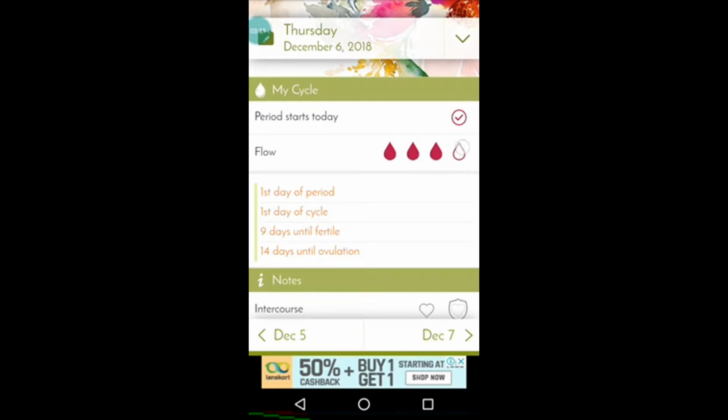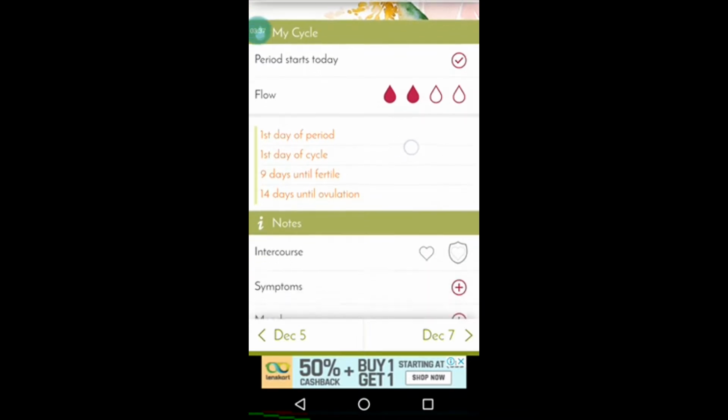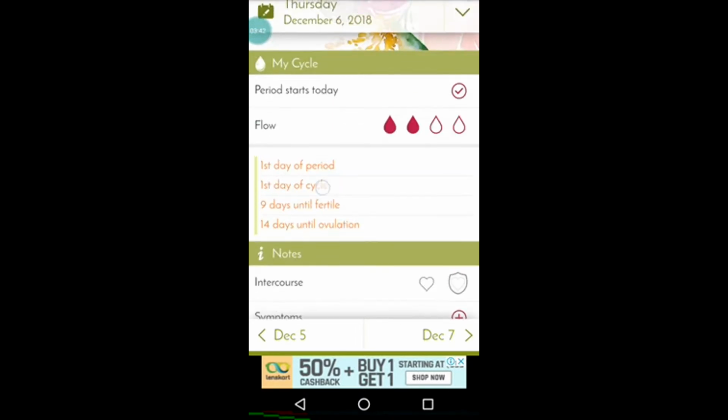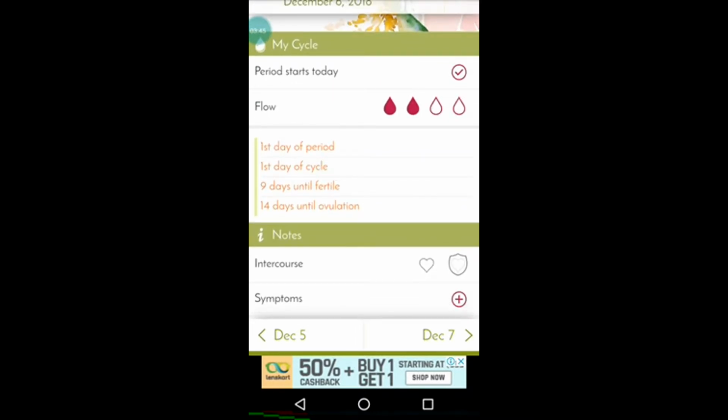It will be very useful to keep track of your flow, whether it is always normal and regular, or it is varying from time to time. So this is what it says, and these are all the general information which says whether it is the first day of your period and how many days it takes for your